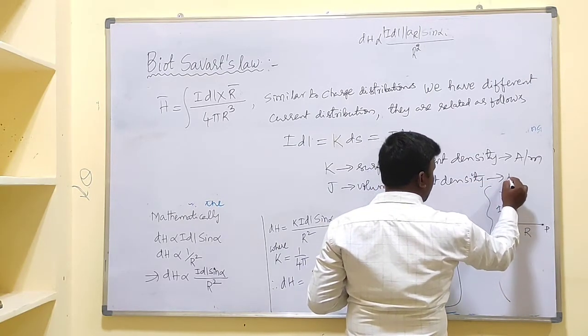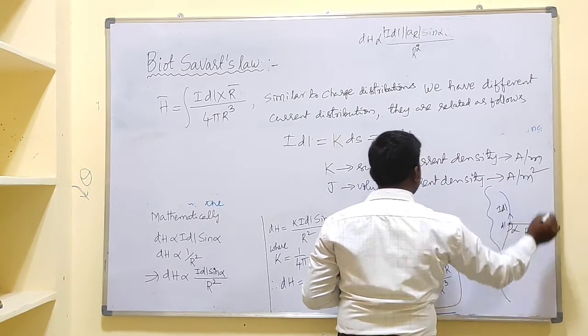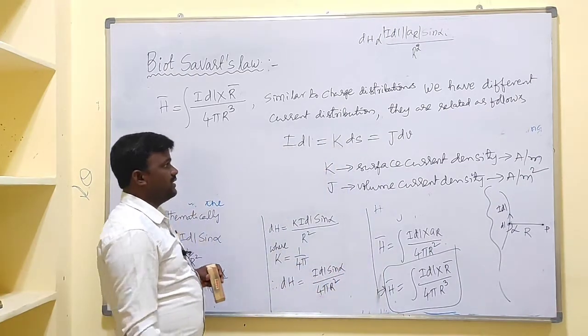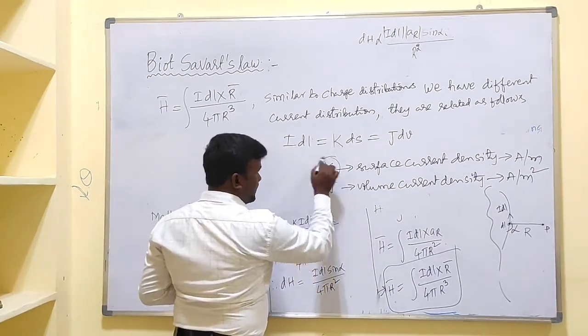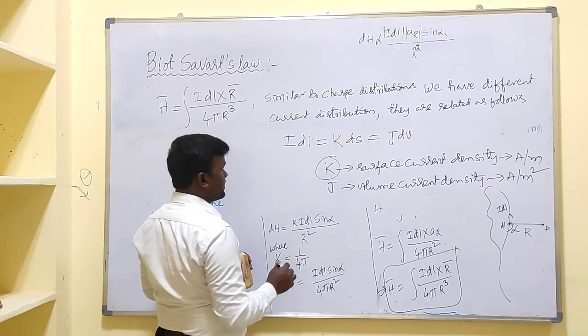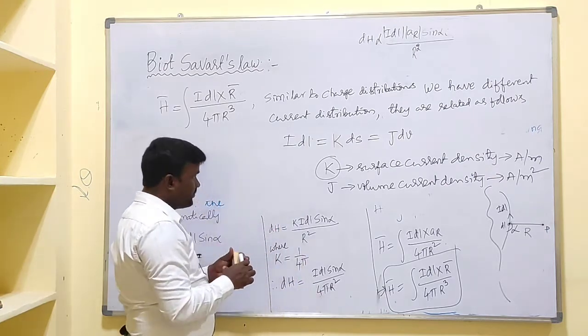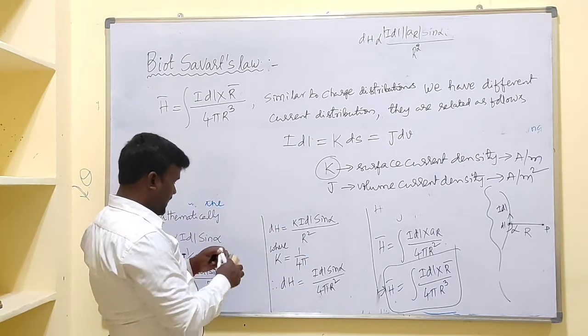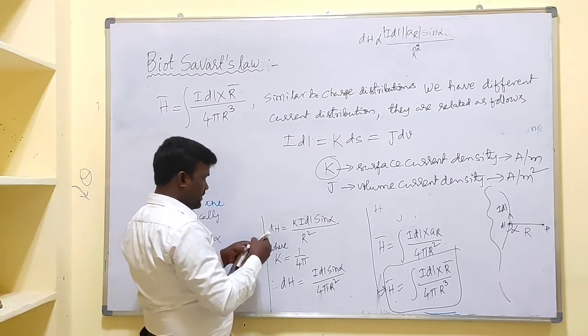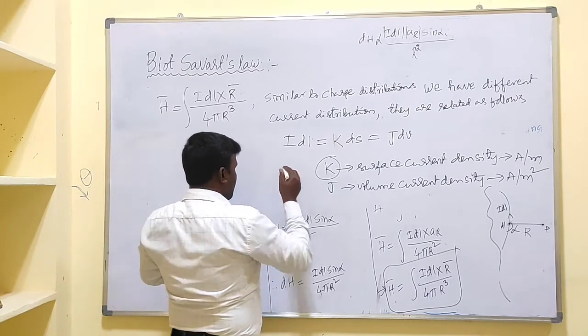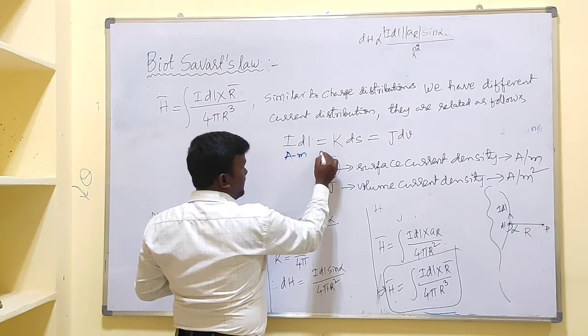So that is the unit of this one: amps per meter square. Please make a note that the unit of K is amps per meter, then only the units are satisfied. The unit of I is amps, and dl means length, so here it is amps into meter, that is amps meter, and here K is amps